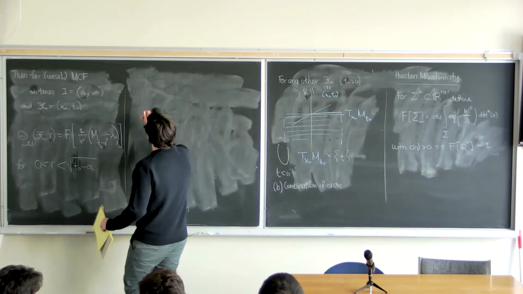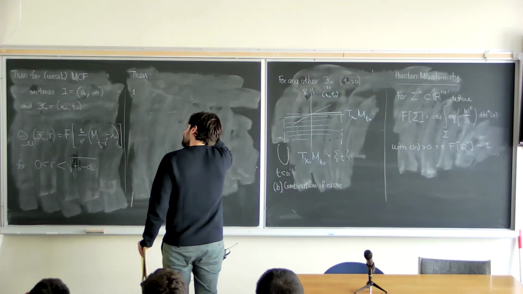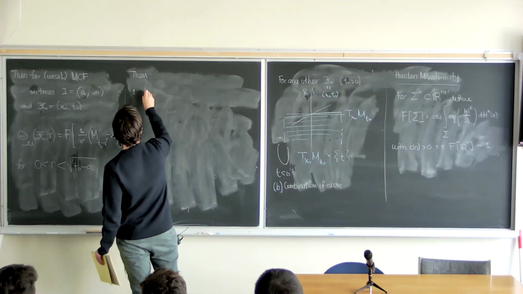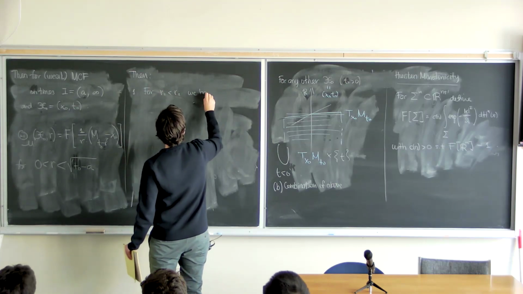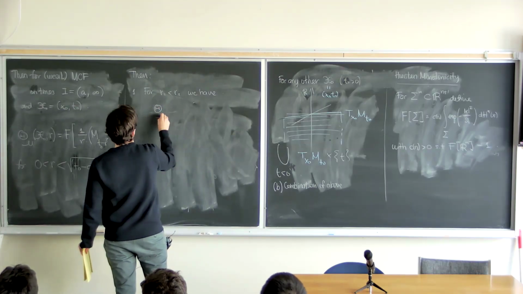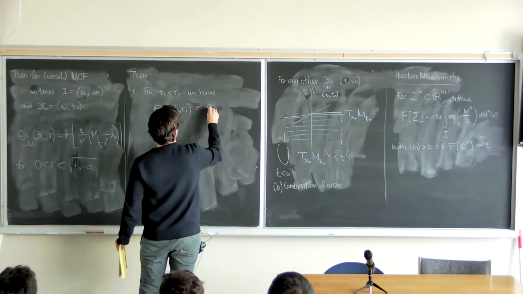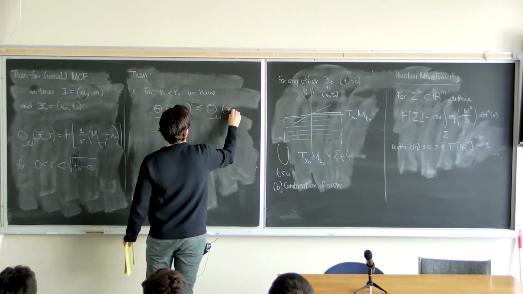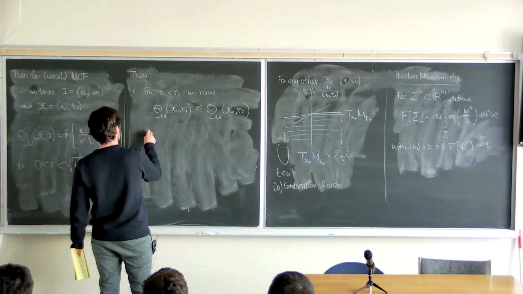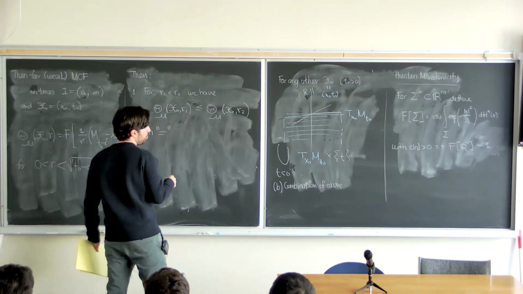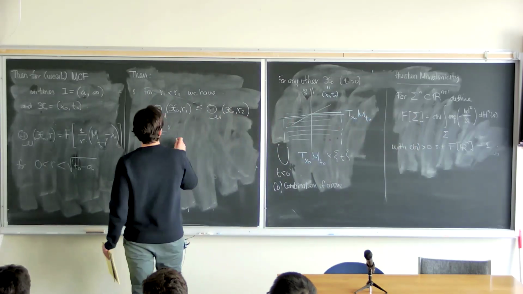So then what do we know about this? We know a couple of things. First of all, it's non-decreasing. So for r1 less than r2, we have that theta of m at x0, r1 is less than or equal to theta of m at x0, r2, with equality precisely attained by self-similarly shrinking flows. So with equality, if and only if